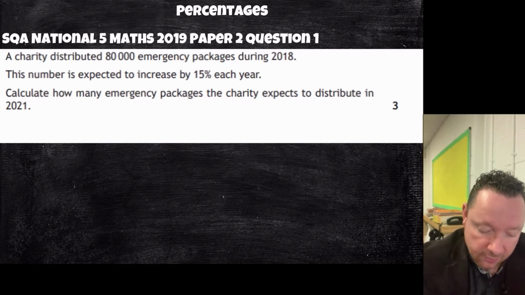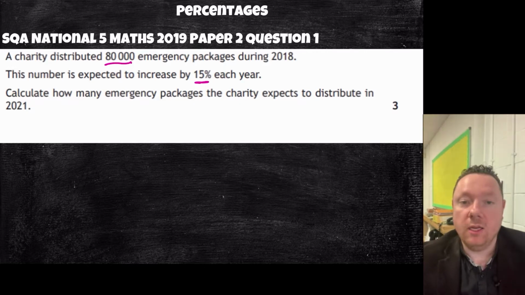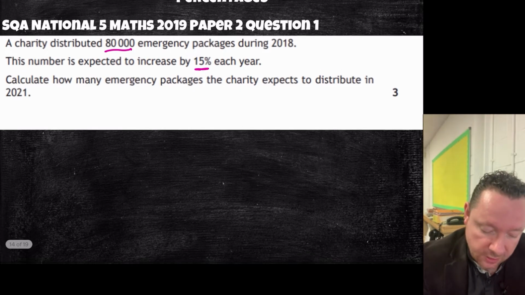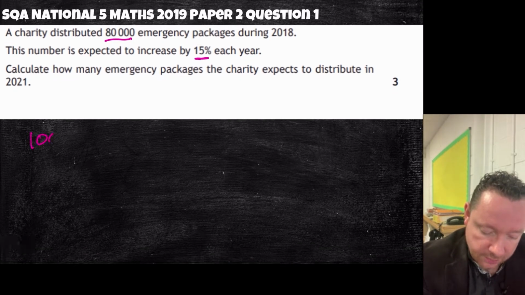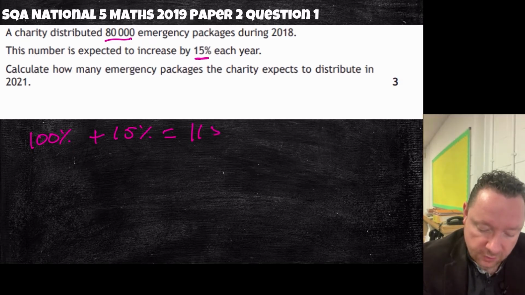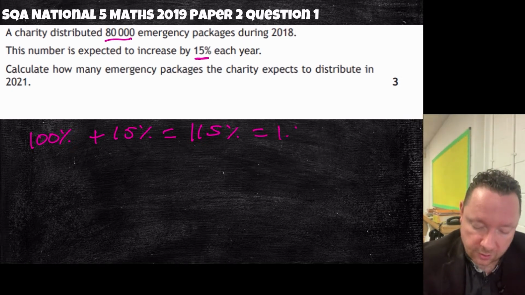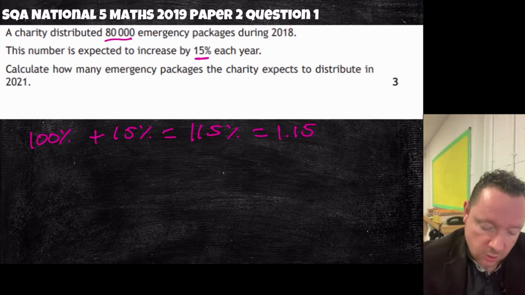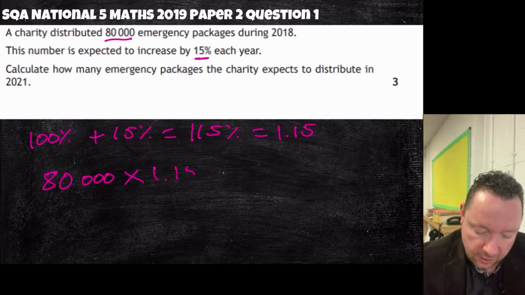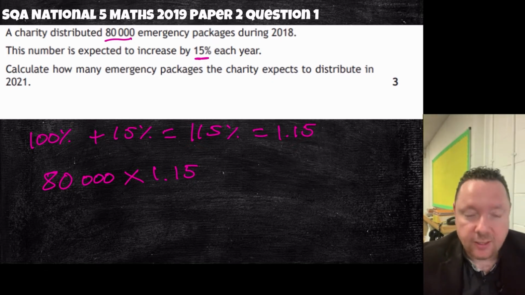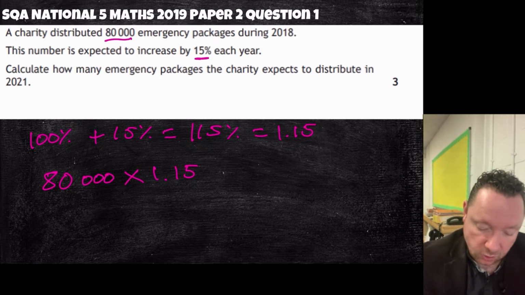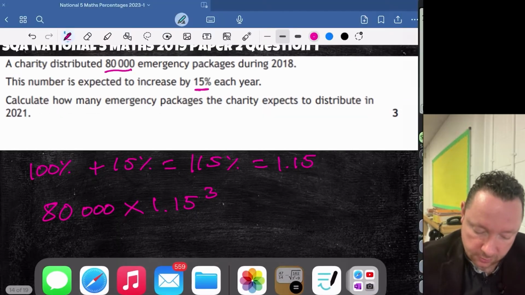So again, there's our amount, there's our percentage, and then the time we can work out is the difference between the years. So looking at the percent first, we start with 100%, we add 15% because it's going up, 115%, change that to a decimal, which is divided by 100, 1.15 is our key multiplier. So now we take our 80,000 times 1.15 to the power of the number of years: 18, 19, 20, 21, 3 years. Get a calculator,